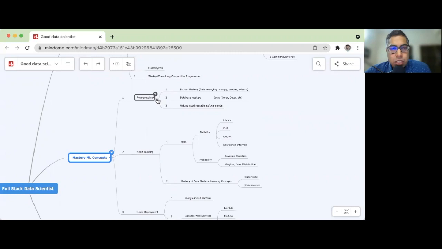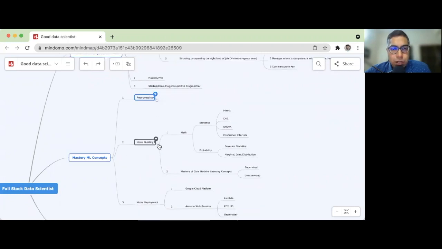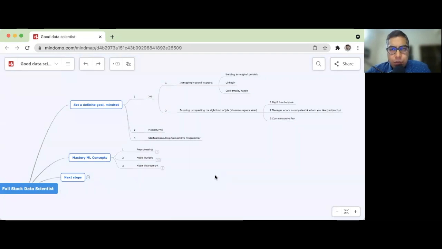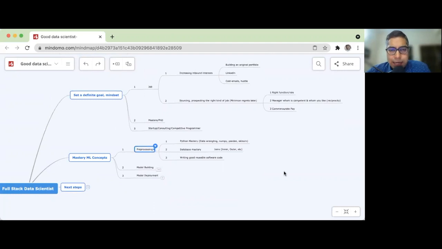So machine learning. Not going to talk too much about what machine learning is, etc. This is more oriented towards the mindset of what you're going to embark on. Machine learning broadly, for a full stack data scientist, consists of the pre-processing elements, the model building and the model deployment. So pre-processing, what does that entail? Without any hesitation, these are three things you will be embarking on. It might not make sense right now, but try to understand what's the onslaught coming. Number one, Python mastery.